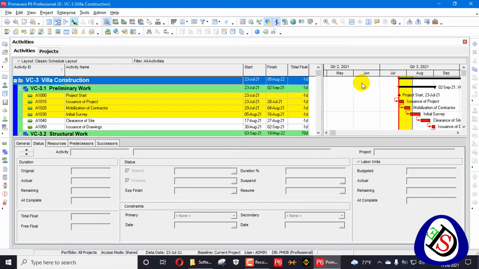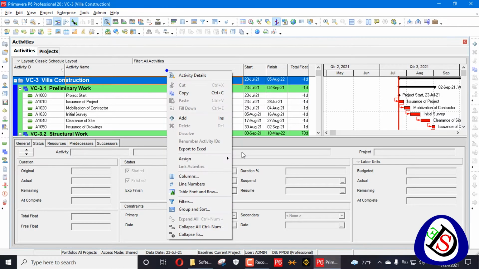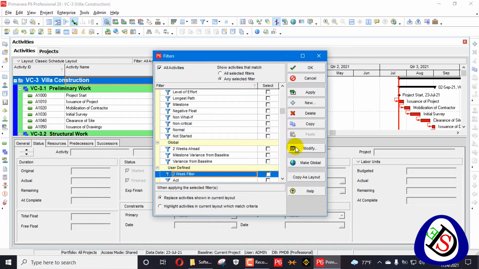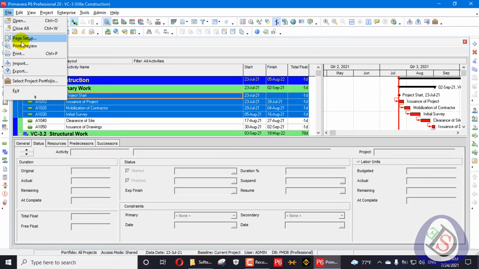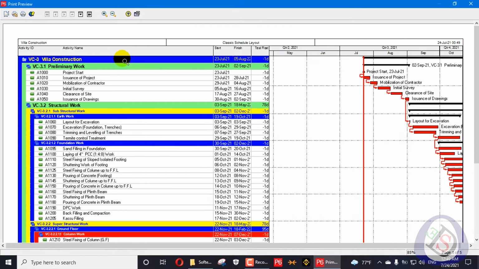But if you remove that selection from here and use another selection, for example this layout, and apply it by highlighting this activity, and we go to the print preview, this activity highlight will not show in the print preview layout. So we will apply that highlighting in our bar chart option area.